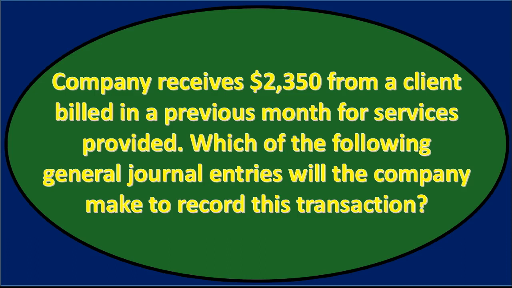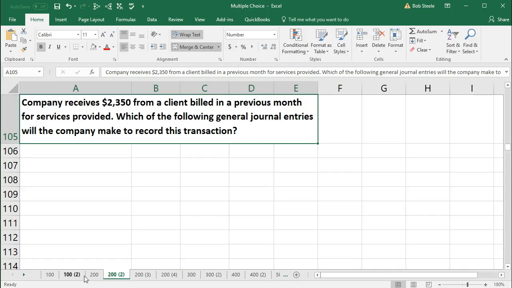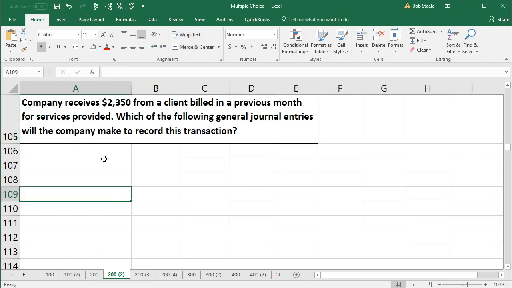First question. Company receives $2,350 from a client billed in a previous month for services provided. Which of the following general journal entries will the company make to record this transaction? Note that this question is in the format of a multiple choice in the form of the term. What we need to be careful of here is not picking a multiple choice question that has the wrong formatting to it. So as we have just the stem here, that's actually beneficial many times, because what you want to